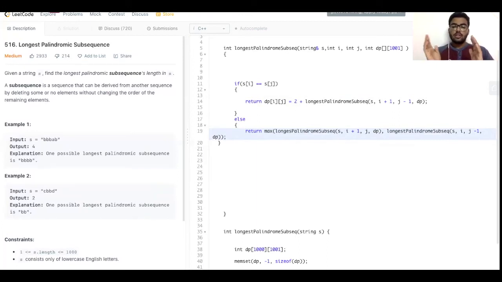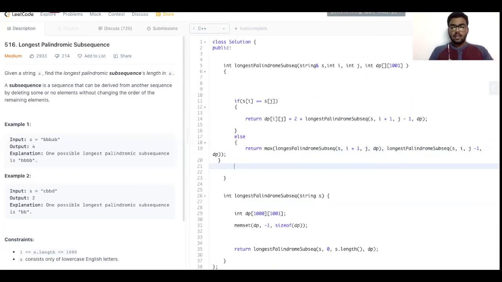And we'll also be decrementing the pointer from the right, and basically we'll be checking if the string which is considered now has the longest subsequence or not. So at this point we'll have to return whoever has the maximum subsequence, and for that we'll be returning its answer. And then we'll be just simply returning dp of ij.